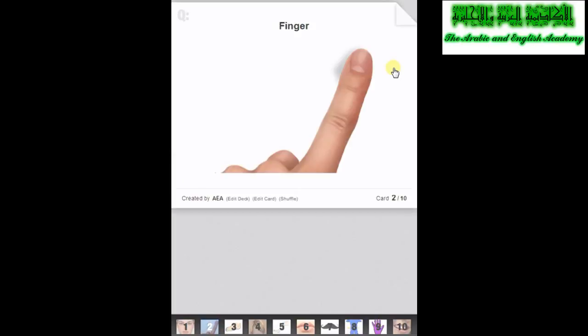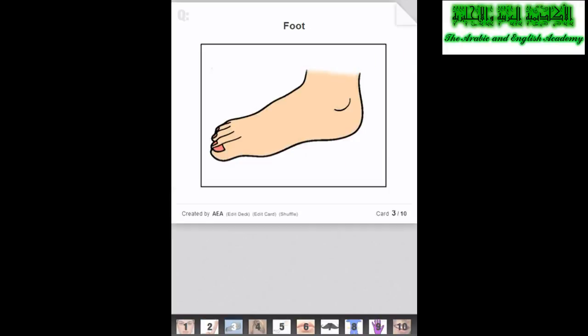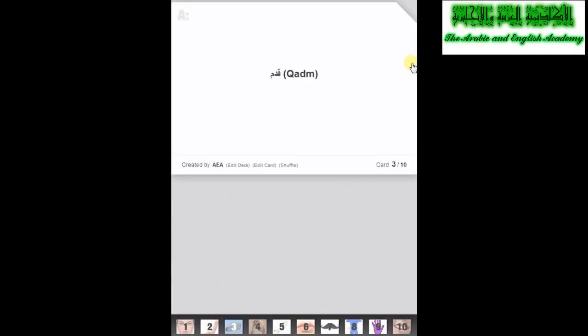isba, finger, isba. The third word is foot, and foot in Arabic is qadim,